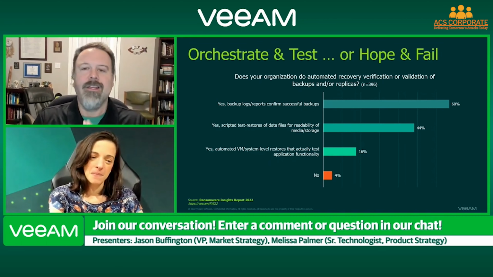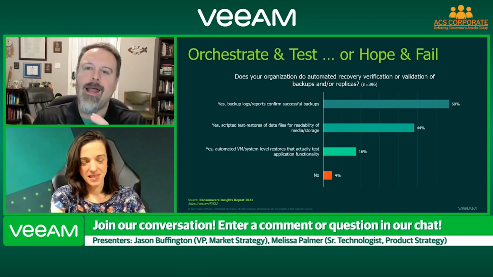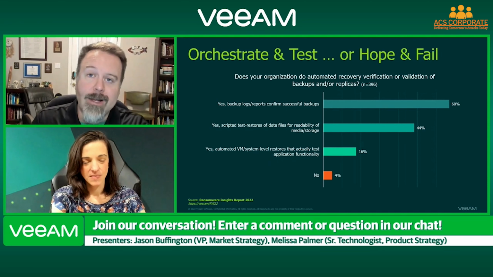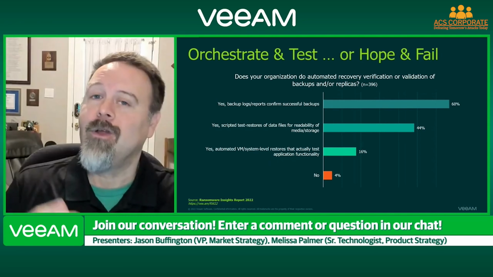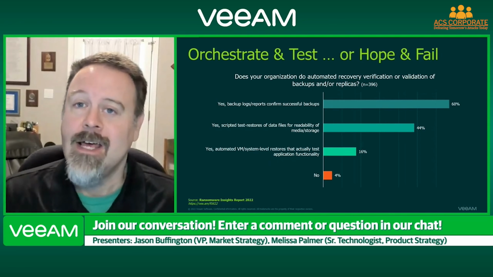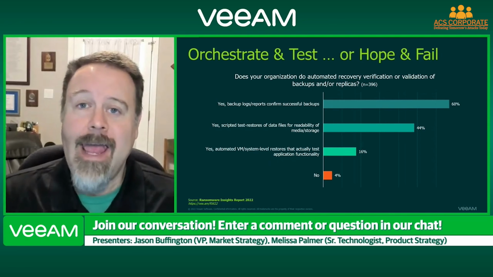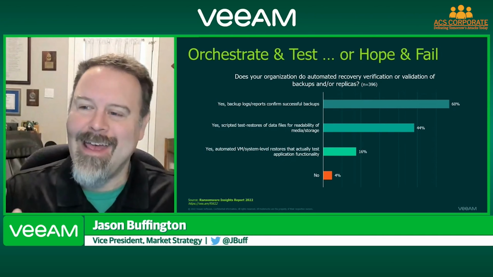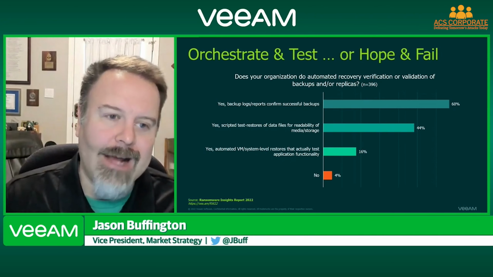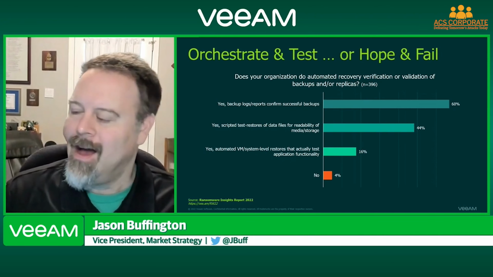Yeah, these are flaws, right? So if you're not actually testing, did the app come back up? So 16% actually do that, right? Can the app actually power up? If you're not in that 16%, that means 5 out of 6. Candidly, there are a lot of different ways for different people, but no, this is just wrong. If you can't test that the app went up, you're not actually testing.